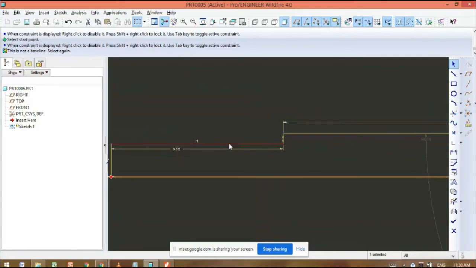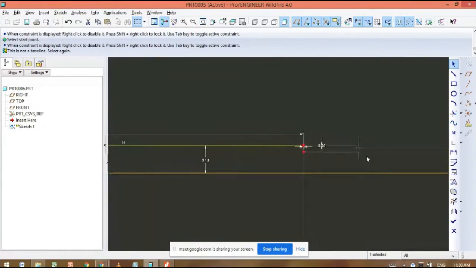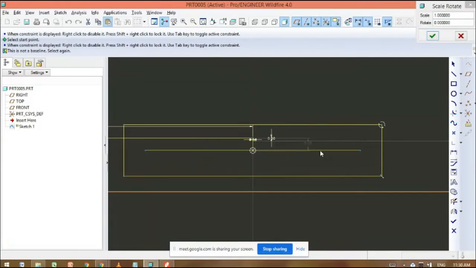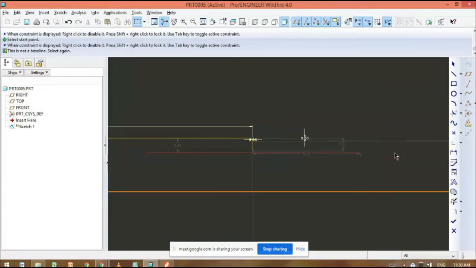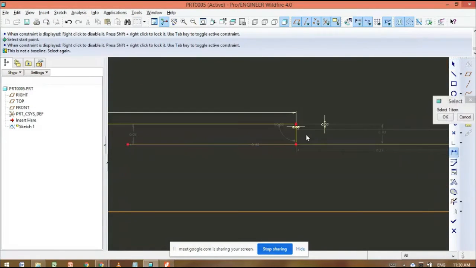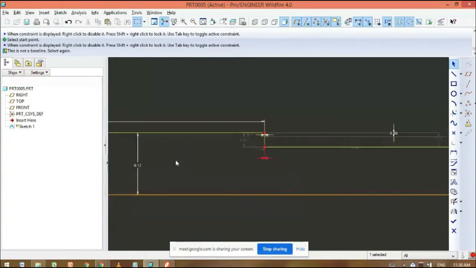Then next, take this line, copy it, and paste with Control V. Then paste here. Move this line anywhere. We can also join it by using the coincident command. Select the command, this line, this point, press the middle button, then double click and 0.